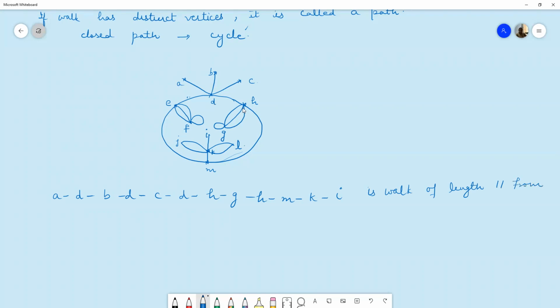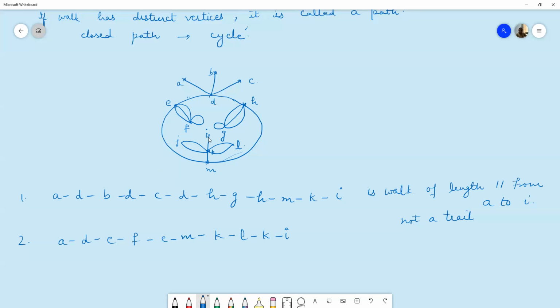From A to I, but it is not a trail. Number one. Secondly, if we take A to D to E to F to E to M, K, L, K, I. Now this is A to D to E to F to E, then to M, like this, then to K, then to L,